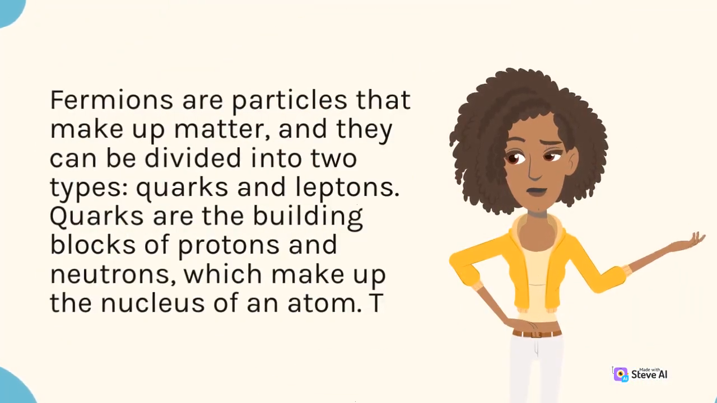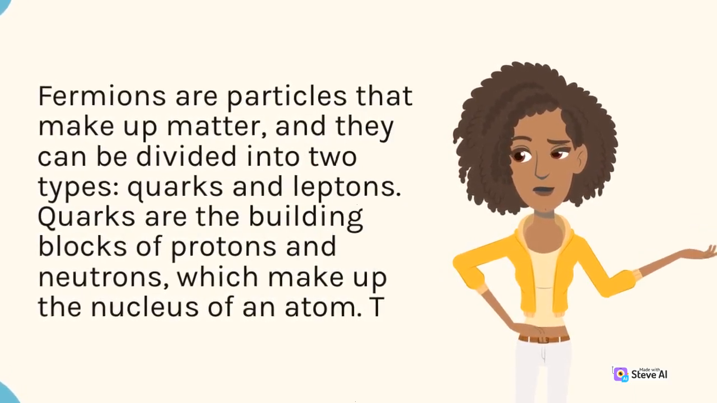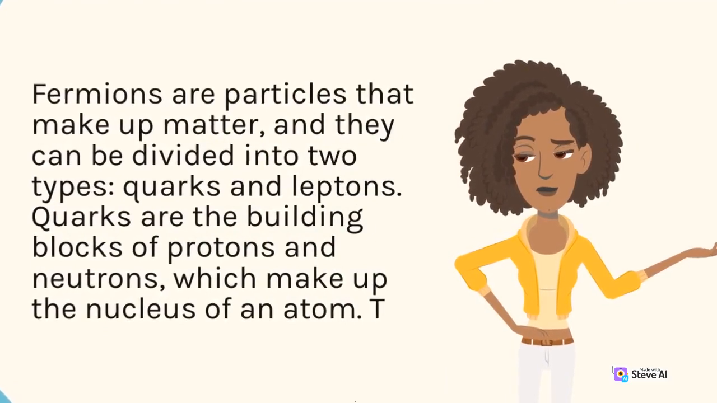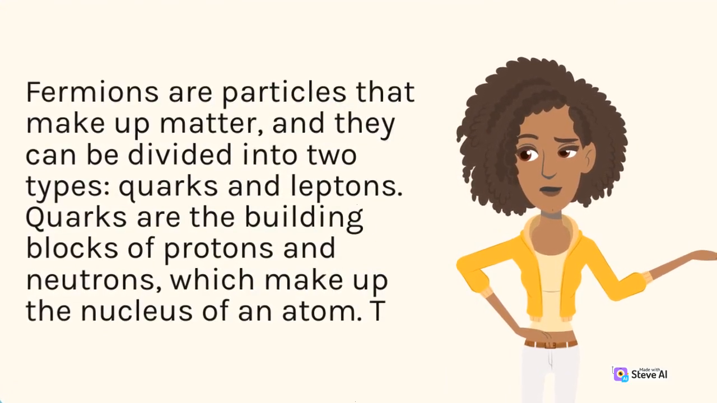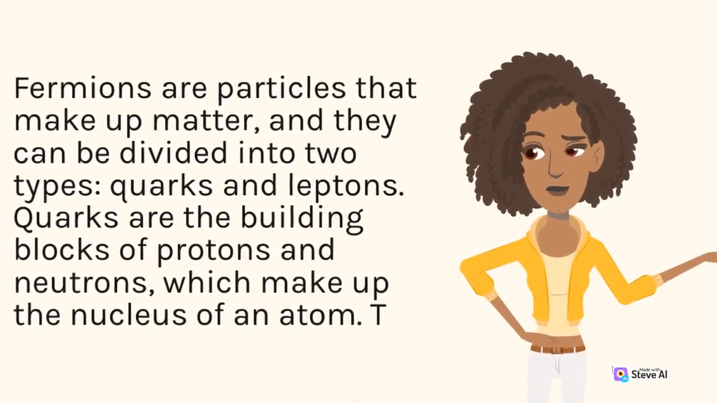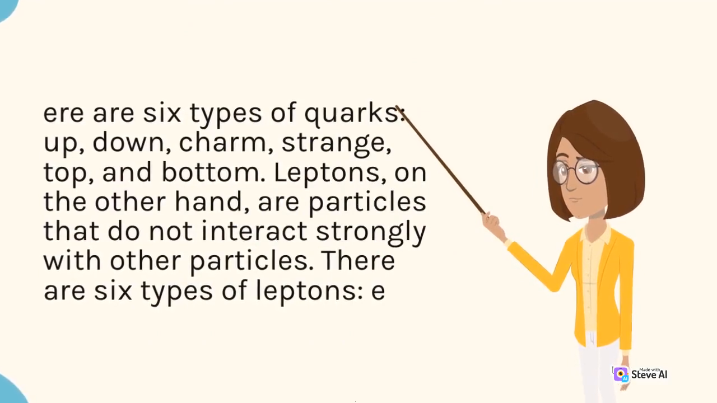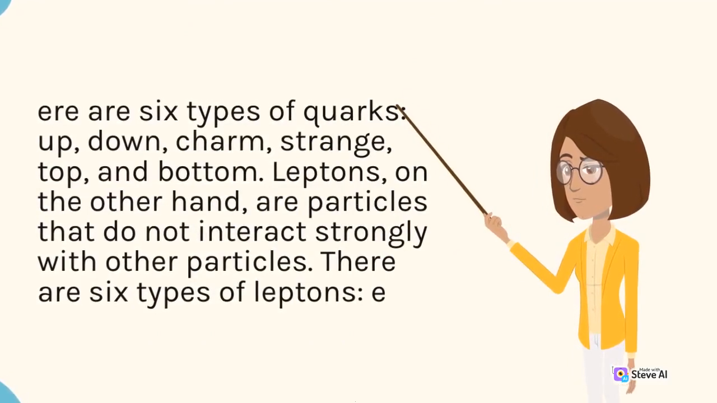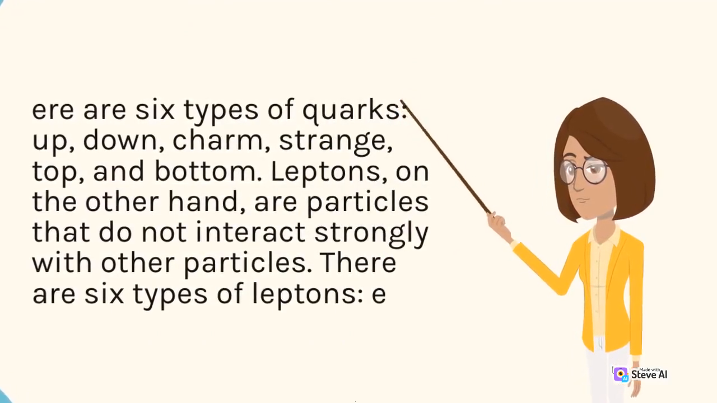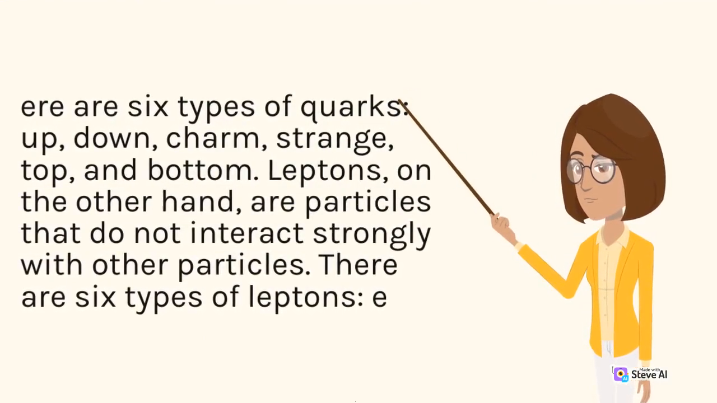Fermions are particles that make up matter, and they can be divided into two types, quarks and leptons. Quarks are the building blocks of protons and neutrons, which make up the nucleus of an atom. There are 6 types of quarks: up, down, charm, strange, top, and bottom. Leptons, on the other hand, are particles that do not interact strongly with other particles. There are 6 types of leptons,